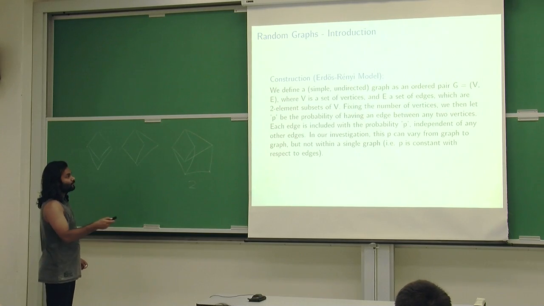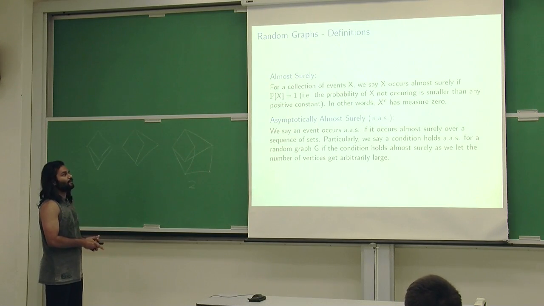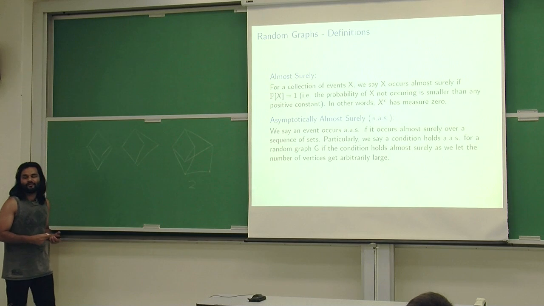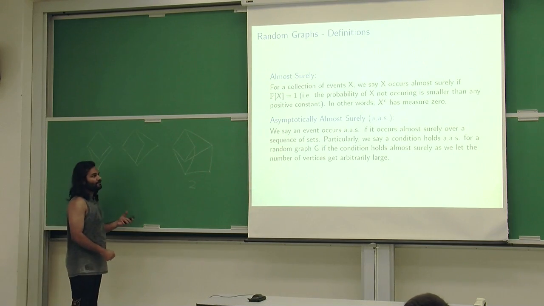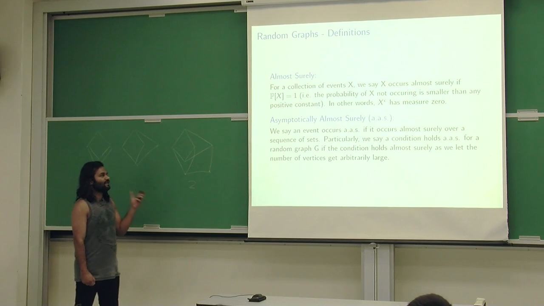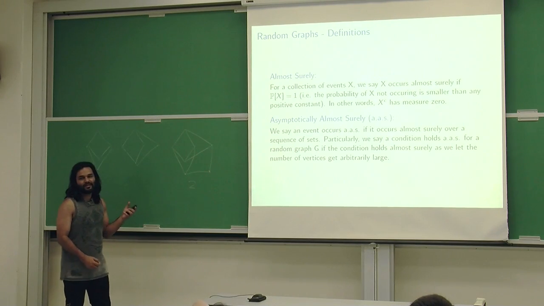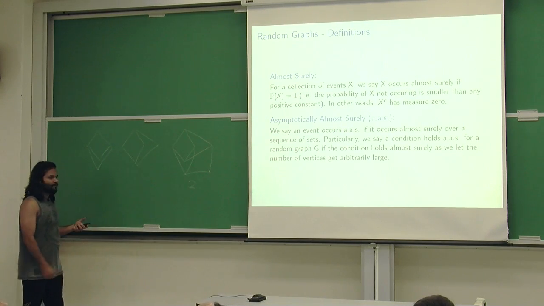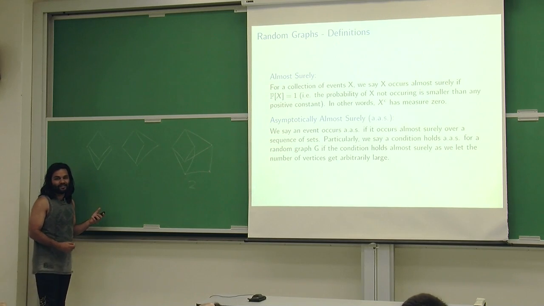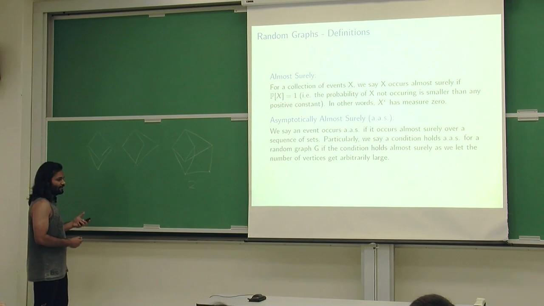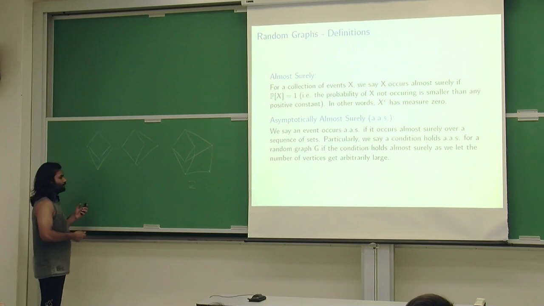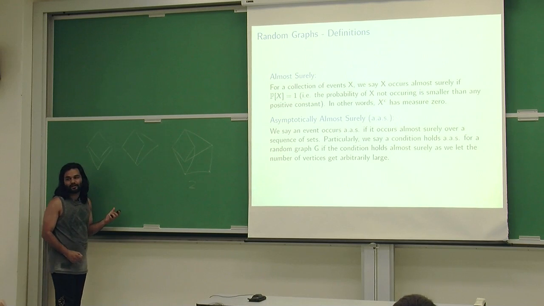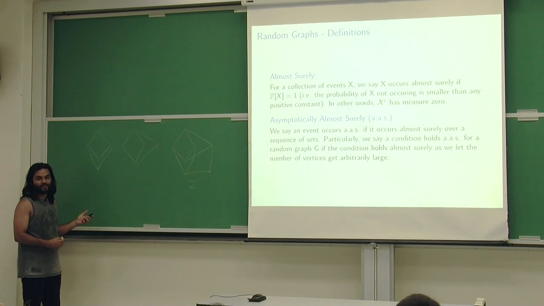And the second concept we require is something called asymptotically almost surely. So we're investigating thickness of random graphs, and the way we look at thickness is through a concept called asymptotically almost surely thick. So first I'll define what almost surely means. If we take any sample space and want to see the probability of an event occurring, almost surely just means that it will occur outside a set